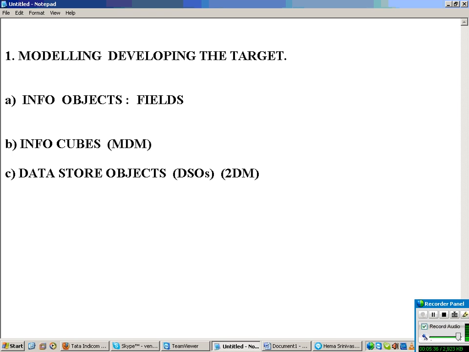Just like how data is stored in R3, if you want to store it the same way in BI also, then you will be using DSOs, data store objects. Then next is called multi-providers.